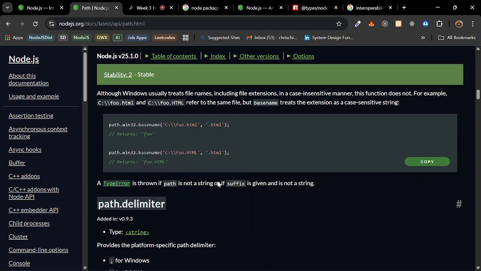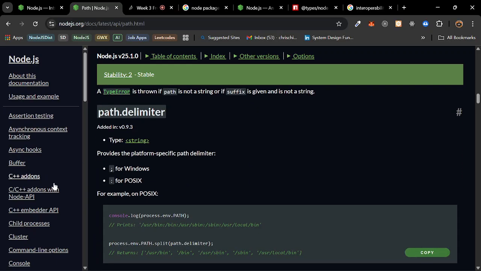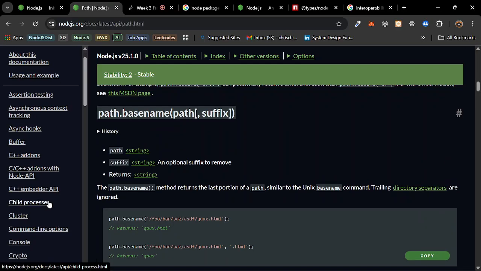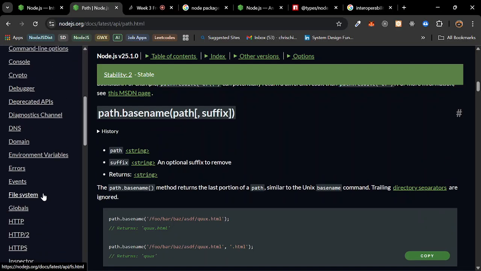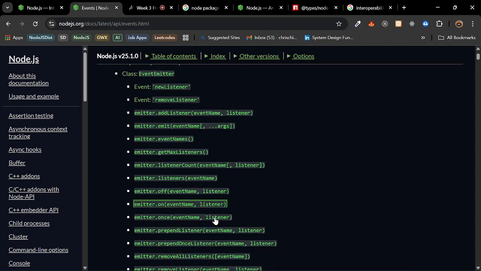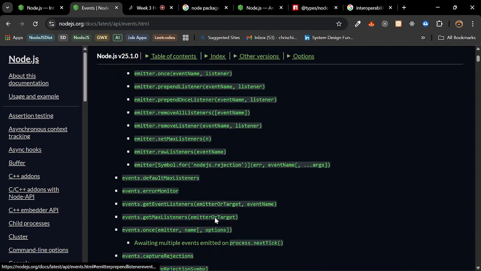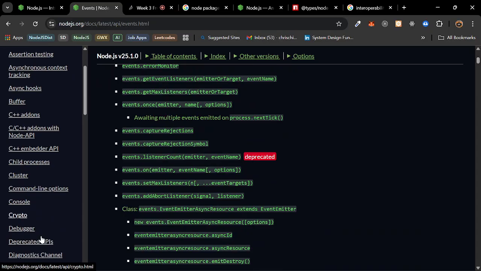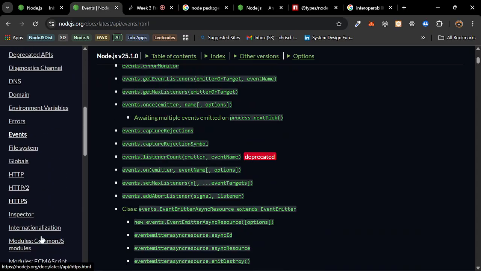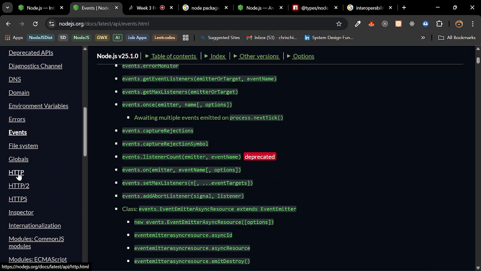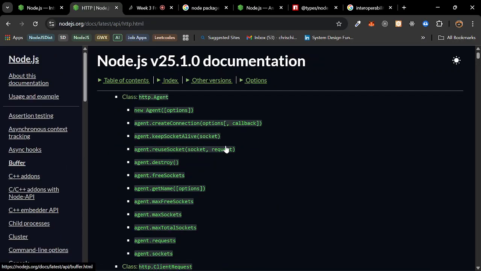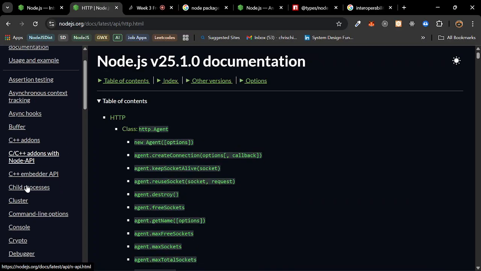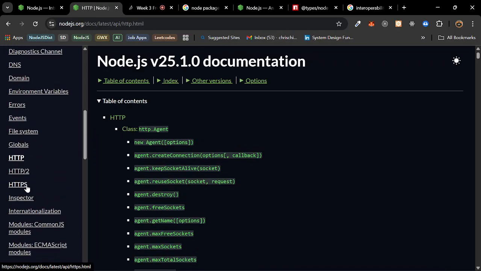We're going to see this in a brief demo. That's the path module. Then we have the event module, and we're going to demonstrate it. There are a lot of events attached to that. Then HTTP is our main guy. We're going to see how the HTTP module is used. Then the FS module,